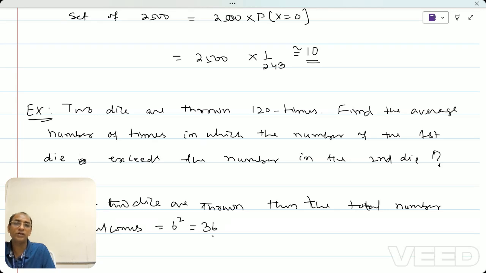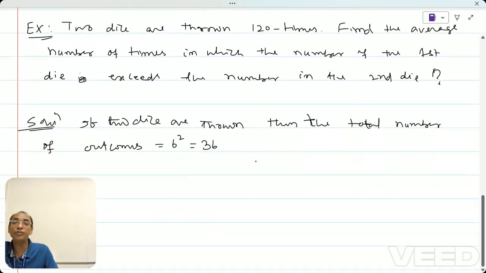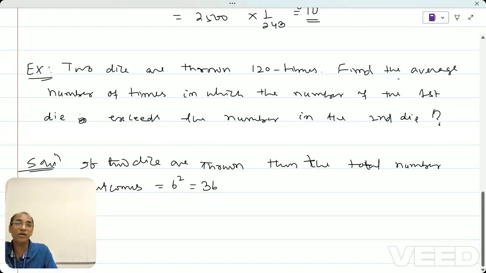That will be 36. Now, out of these 36 outcomes, I am interested in the outcomes where